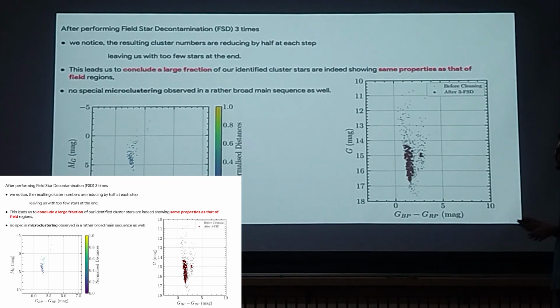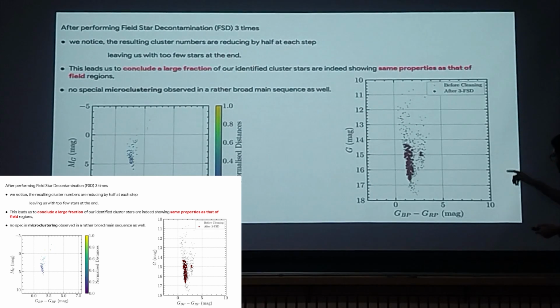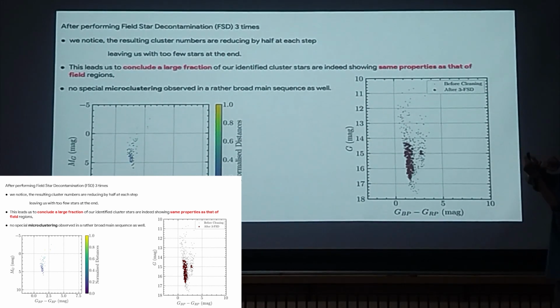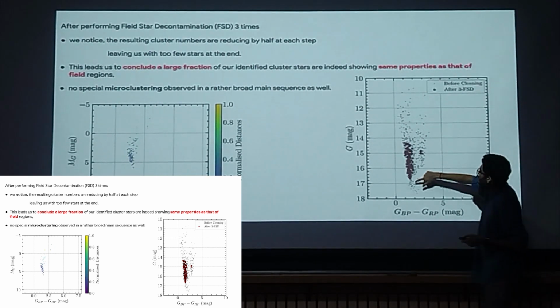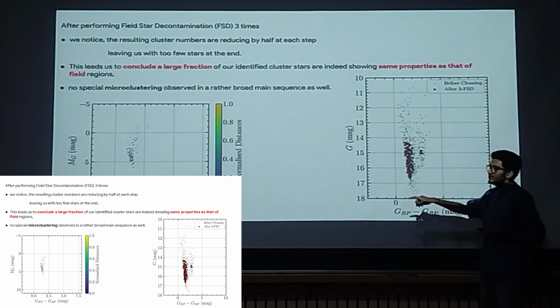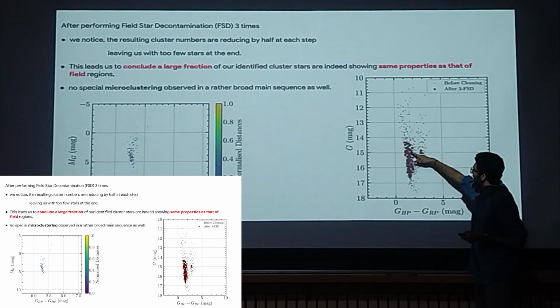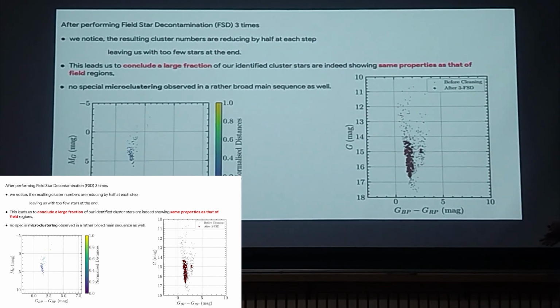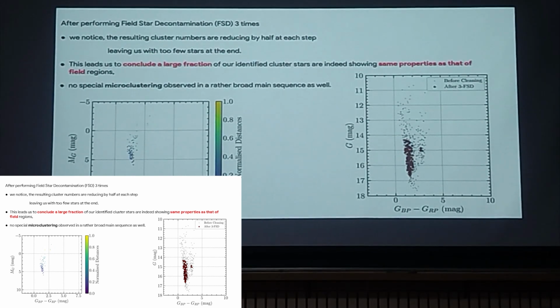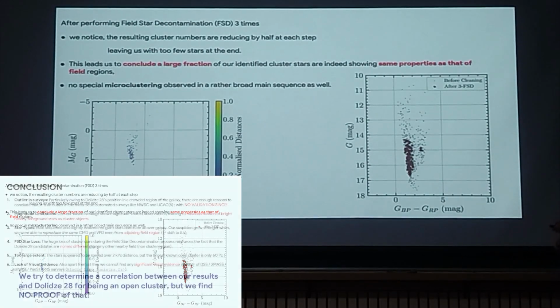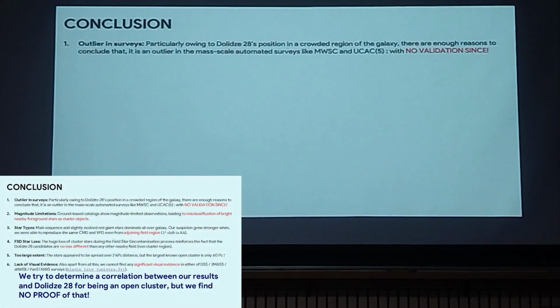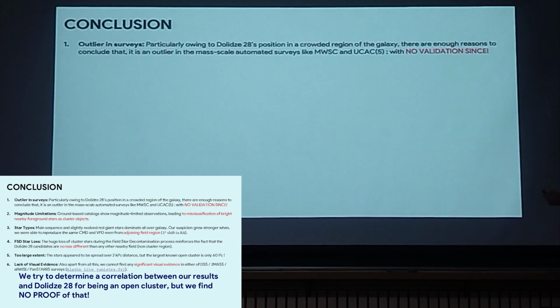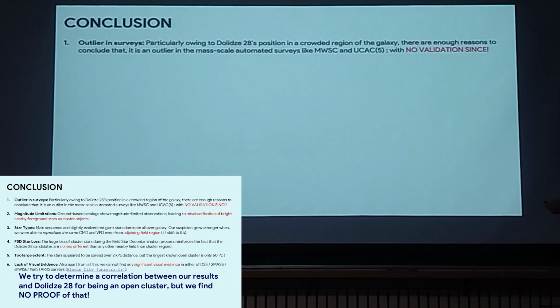Microclustering is basically that if you have all the stars of the same age, they will all lie in a single line, and here I get many such lines. What does it mean? This means that stars are not of the same age and hence not in a cluster, not in this open cluster. Finally, to conclude, particularly owing to Dolidze's position in the galaxy, there are enough reasons to conclude